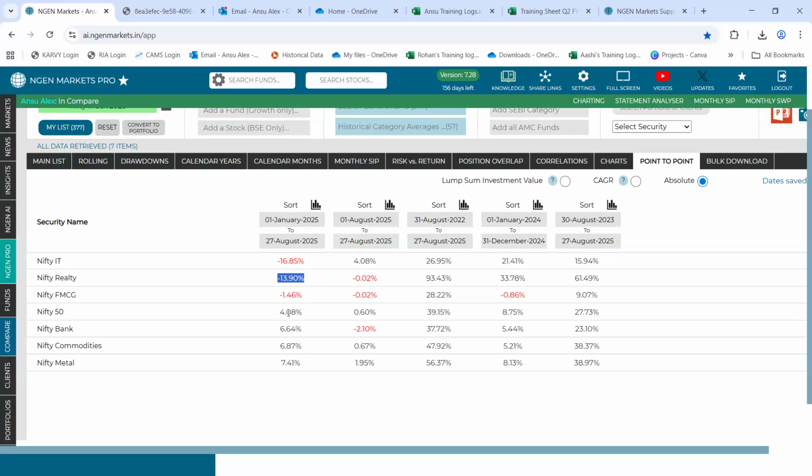However, there are three sector-specific indices that have remained constant, or you can say have not gone into the negative quadrant: Nifty Bank, Nifty Commodities, and Nifty Metal. In a similar way, in the MTD time period as well, Nifty Commodity and Nifty Metal are the two sectors that have indeed given positive returns only.